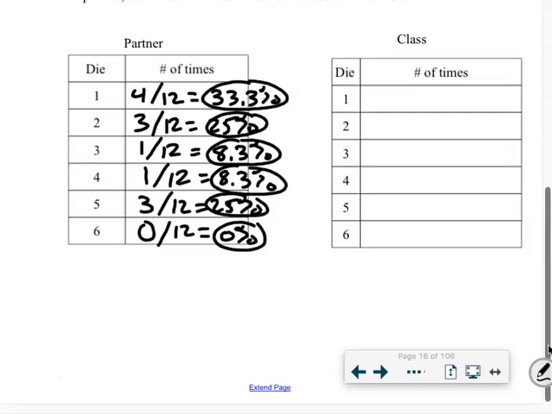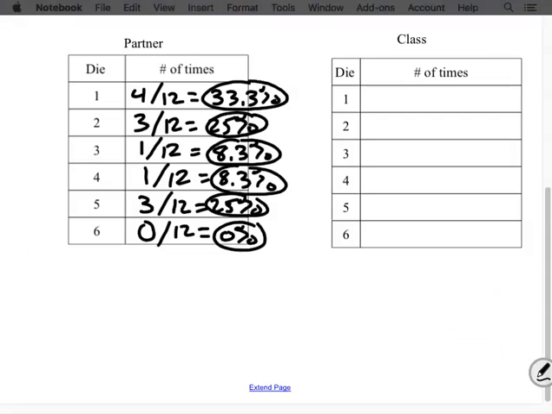So the numbers are a lot different than what I think should have happened with the 16.7% over and over and over again. But that's just kind of the way it goes sometimes. What if I would have done